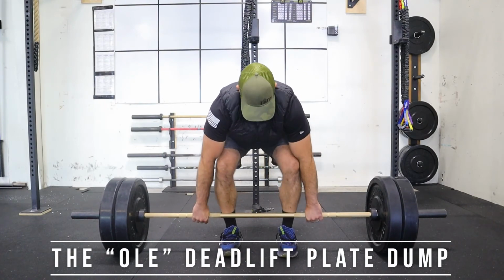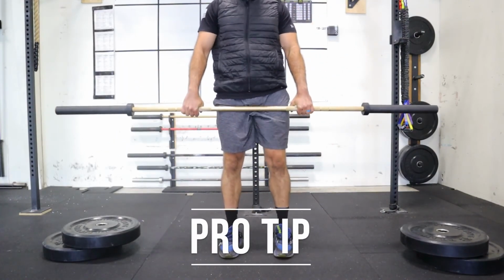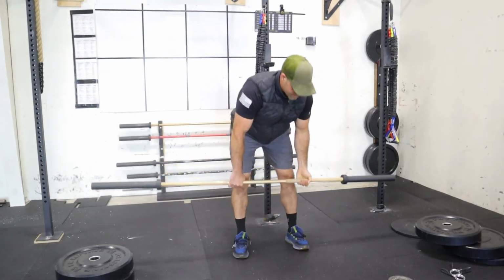I'm gonna pick up, get a good setup, come to the top, tip, tip, pro tip, and done. And now my weight plates are taken off the bar, and I can go put my bar back in the rack. That is pro tips